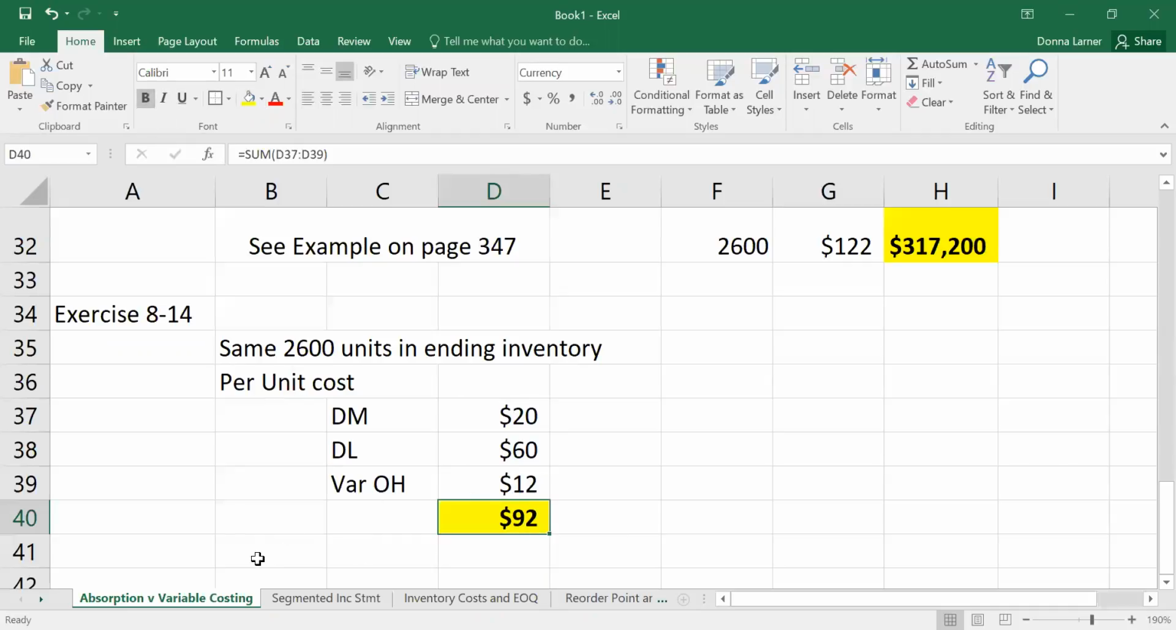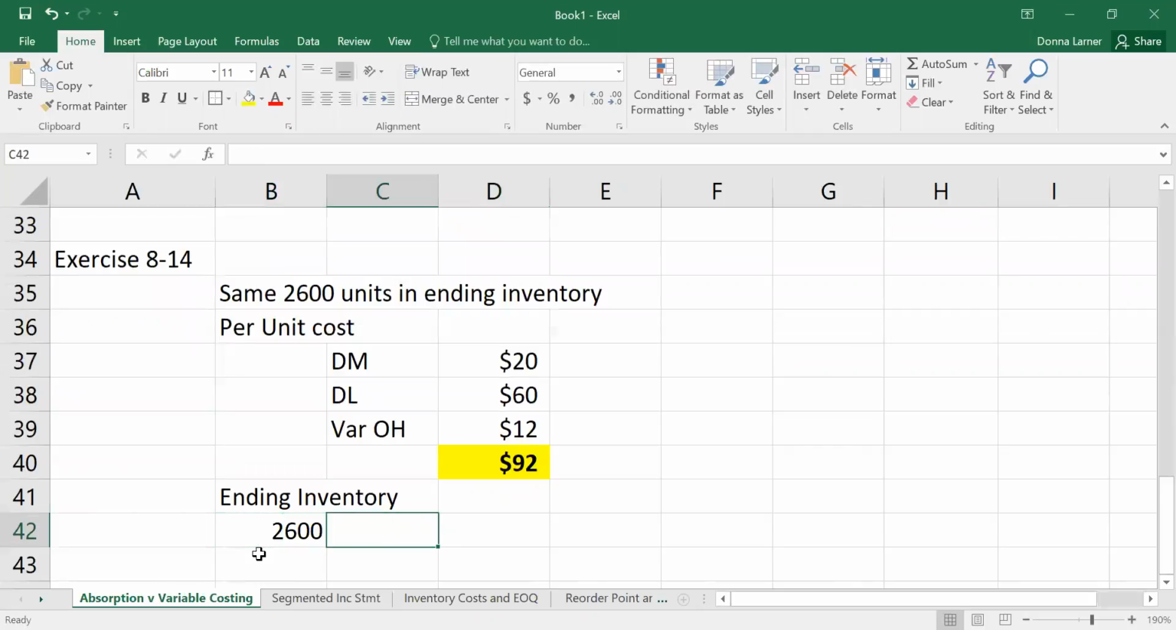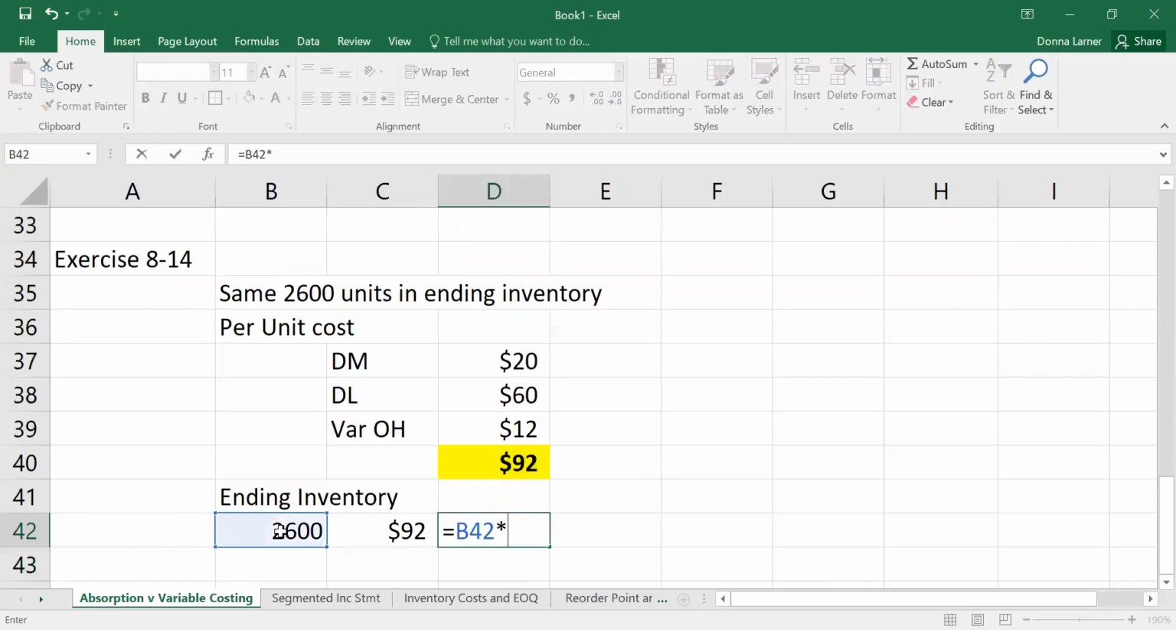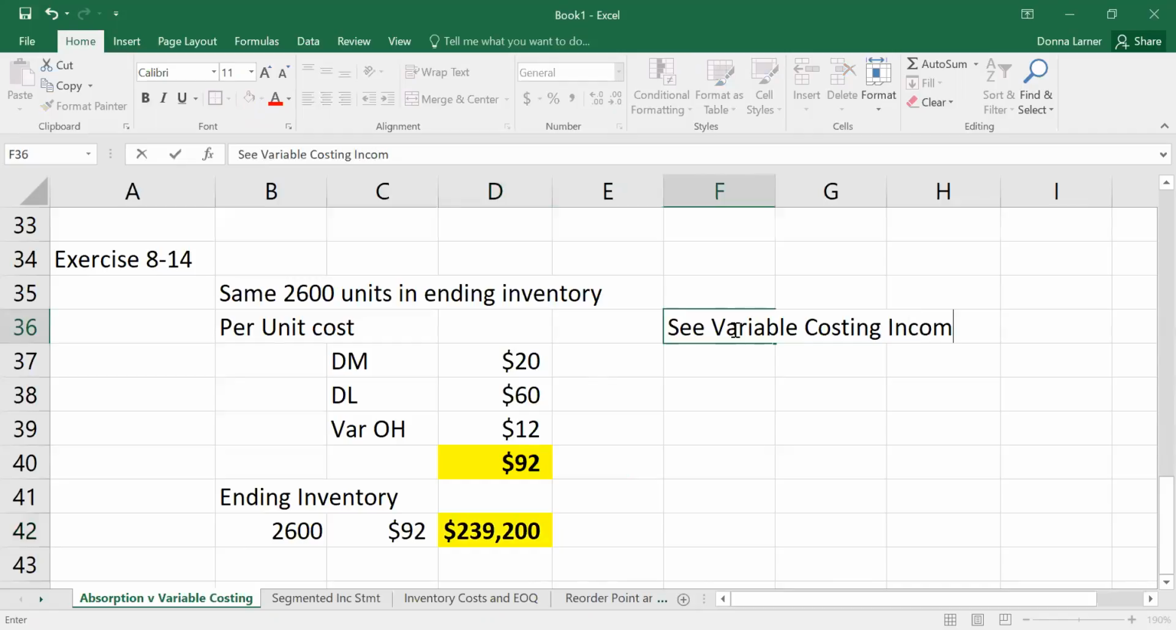$92 per unit. So ending inventory is going to be the 2,600 units, but at $92 a piece, giving us a total cost of $239,200. So variable costing is just a little different. I want you to see what the income statement looks like. See a variable costing income statement on page